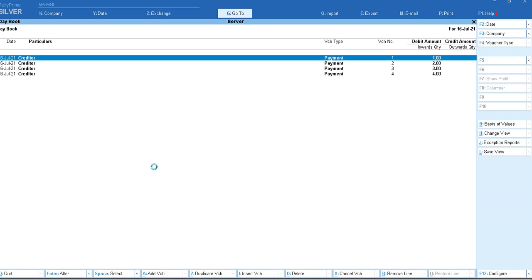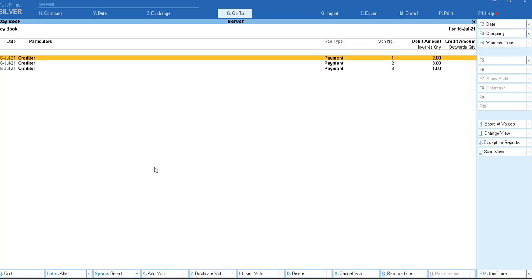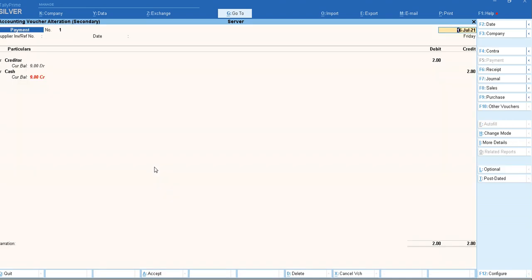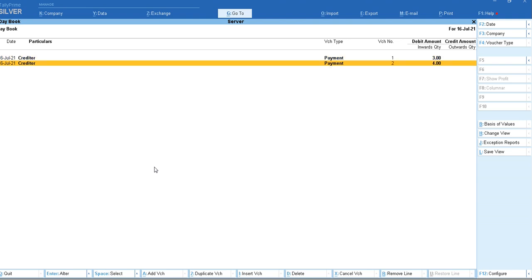Suppose in the server I am deleting two invoices, the first two invoices, because I got some problem and my data got deleted. So invoice number 1 is deleted and invoice number 2 is deleted. If I sync the data from the client side, will voucher number 1 and voucher number 2 come back as voucher number 1 and 2 with debit amounts 1 and 2, or will it take the next number? Suppose voucher number 2 is there, so voucher number 2 will come, voucher number 3 will come, or voucher number 4 will come.